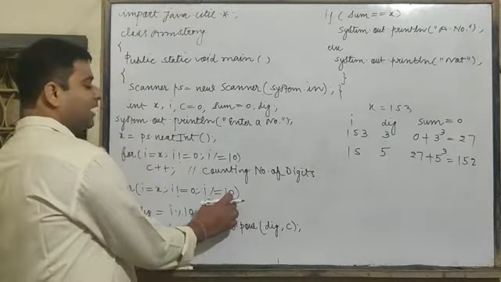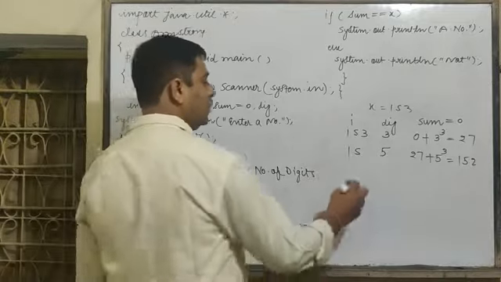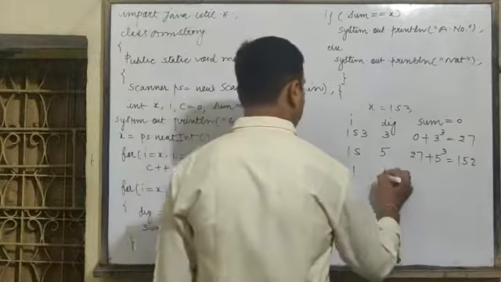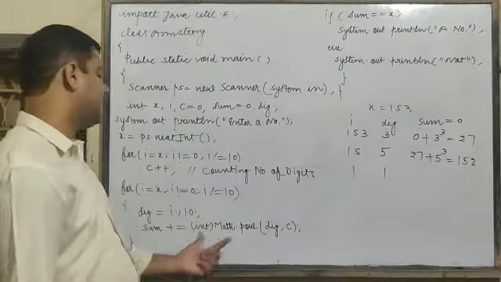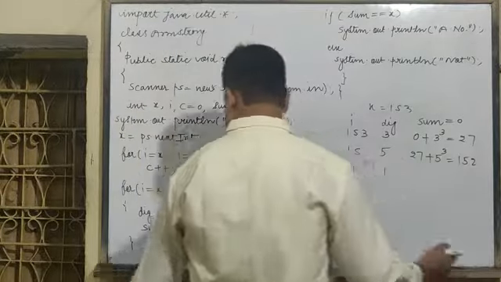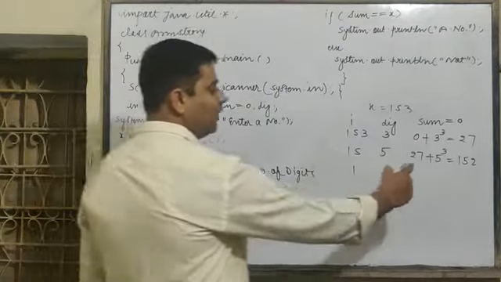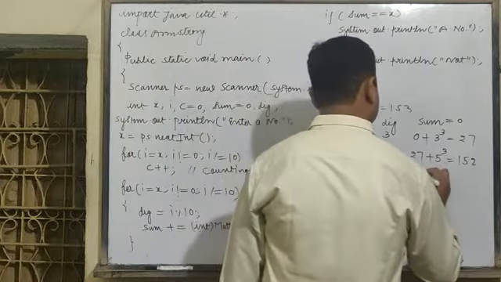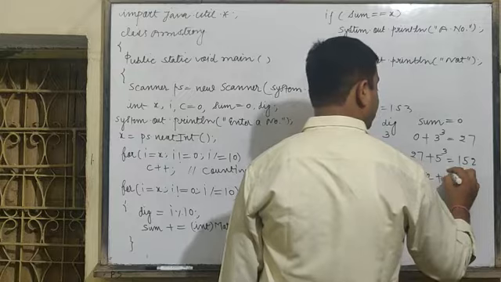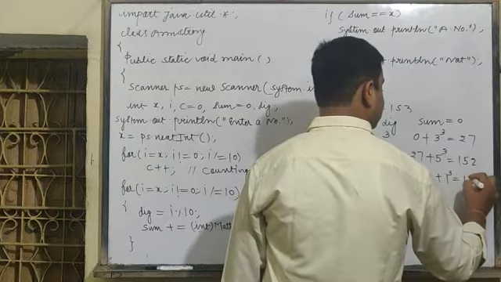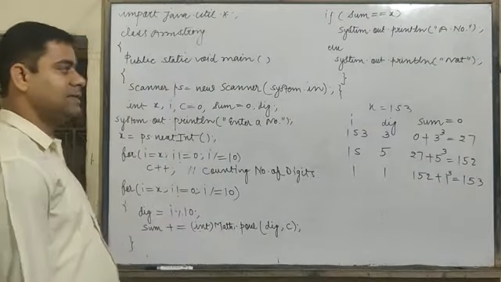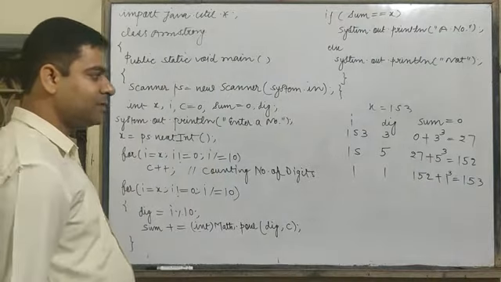After this, again it will jump on an update part. So 15 upon 10, 1. Not equal to 0? No. It will come inside. 1 modulus 10, 1. So sum plus equals to integer matter power raised to the power c. 1 raised to the power 3, 1 itself. This will be added in the sum. So current value of sum is 153. So 152 plus 1 raised to the power 3 here. So when you calculate the sum, you will get what? 153. So 153 will be stored in sum only. So final value of sum is 153.